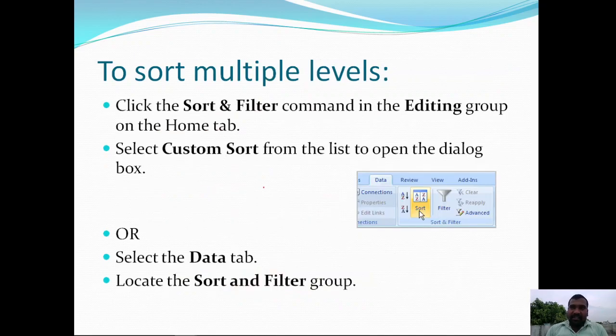Now, if a spreadsheet contains a lot of columns, and we want to sort the information by applying the sorting operation to more than one column, we call that multiple level sorting, where we perform the sorting operation in more than one level.